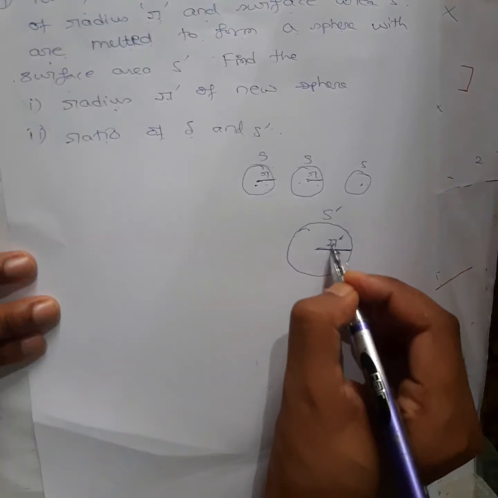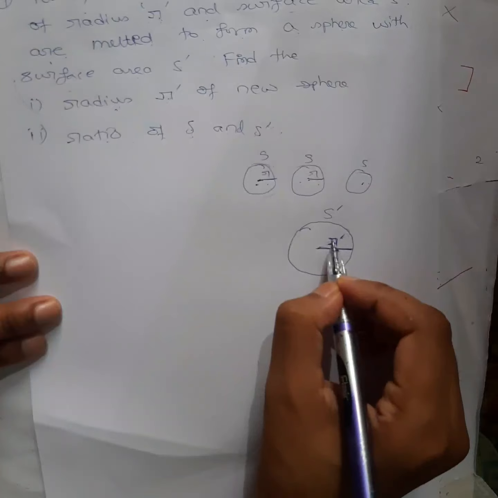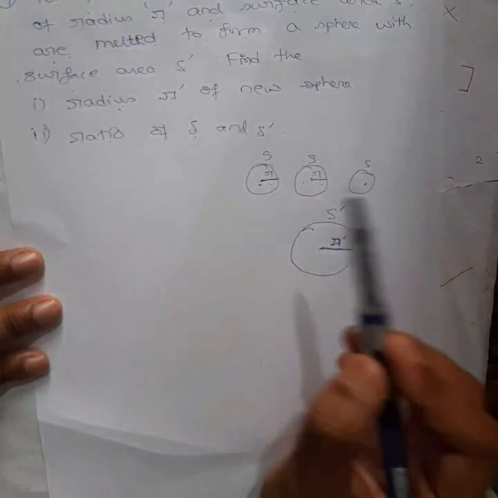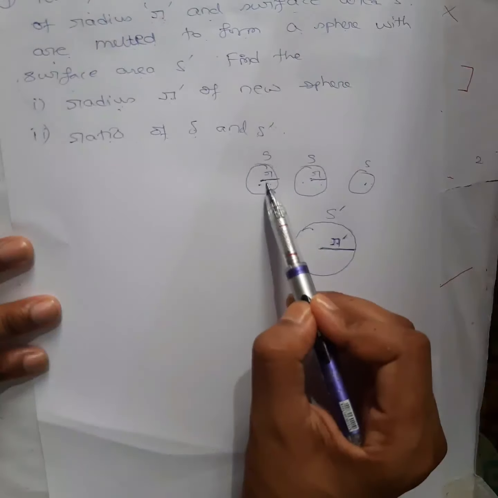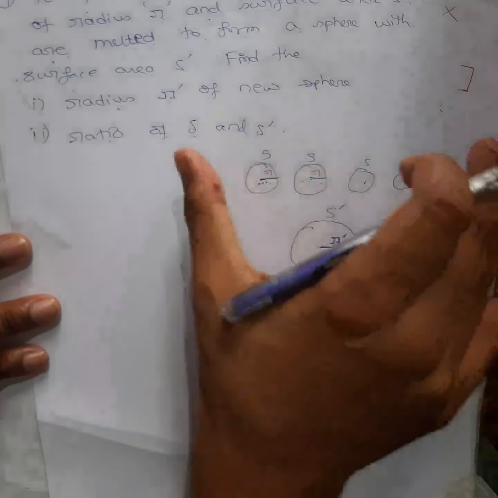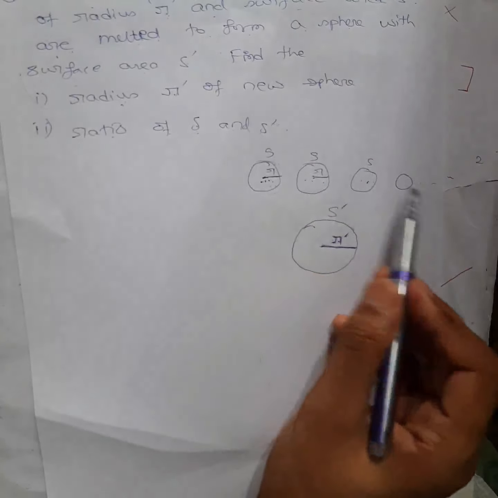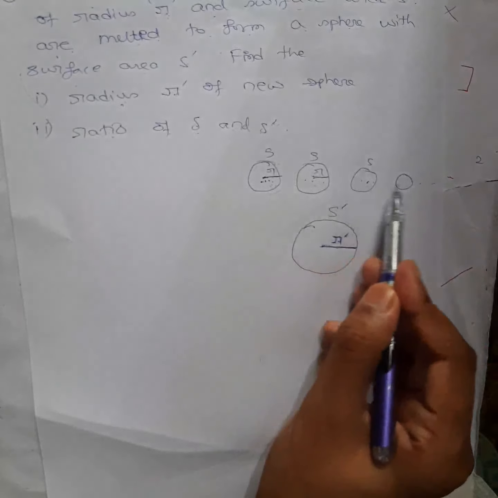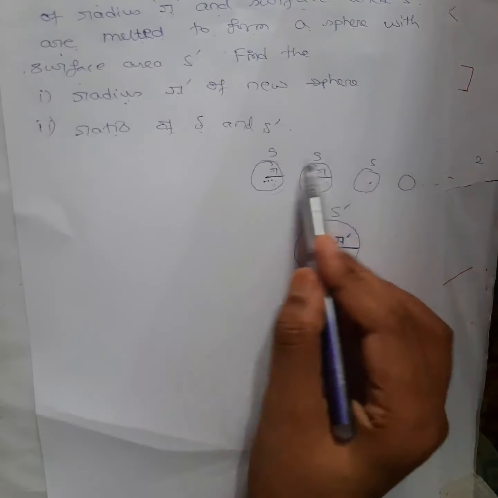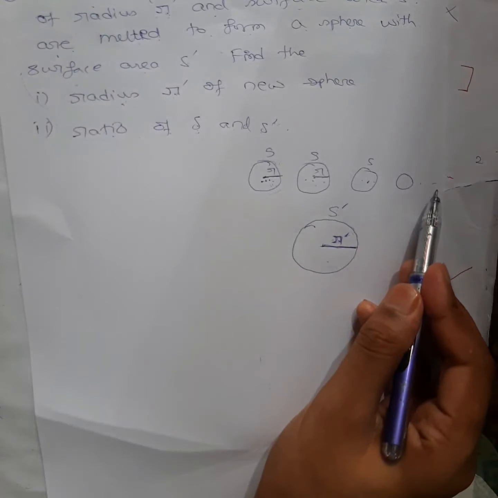Okay, so my aim now is to find one equation. I have to make an equation by any means for r dash, where only r dash and the things given in the question will be there. Now the question is how you will make it. So see carefully, can I make one equation like this? How many spheres were there? 27 small spheres were there. Then what they have done, they have melted them and converted them into a new sphere. Now see here, what is the same between the old sphere and the new sphere? Obviously the material. Whatever amount of material was there in the 27 iron spheres, obviously in this one sphere it is the same, because it is made up of these 27 iron spheres.